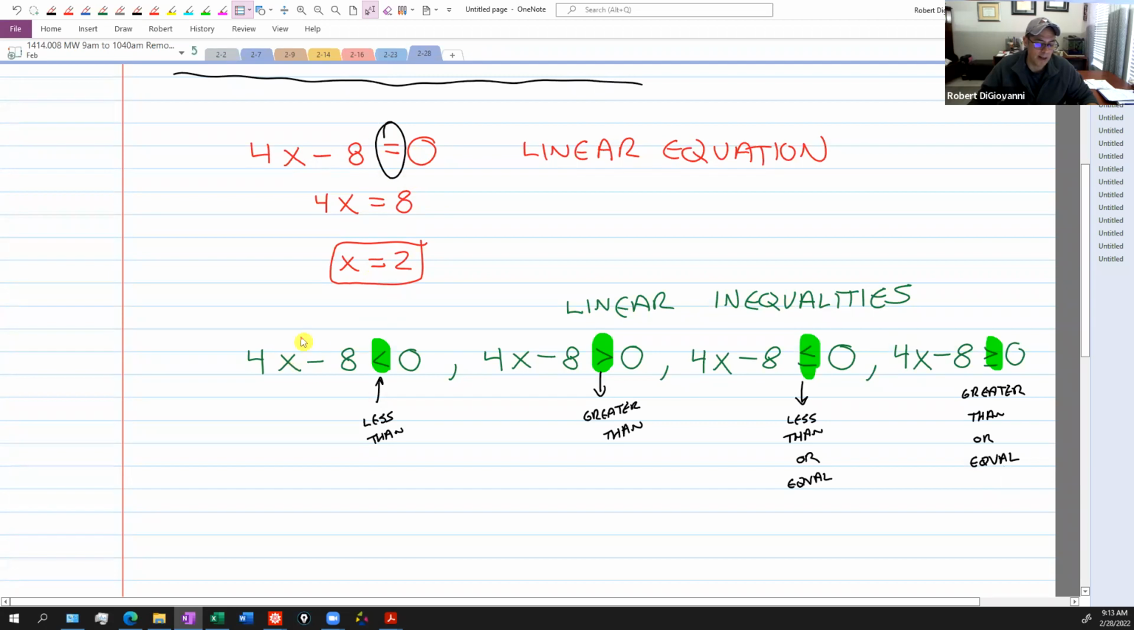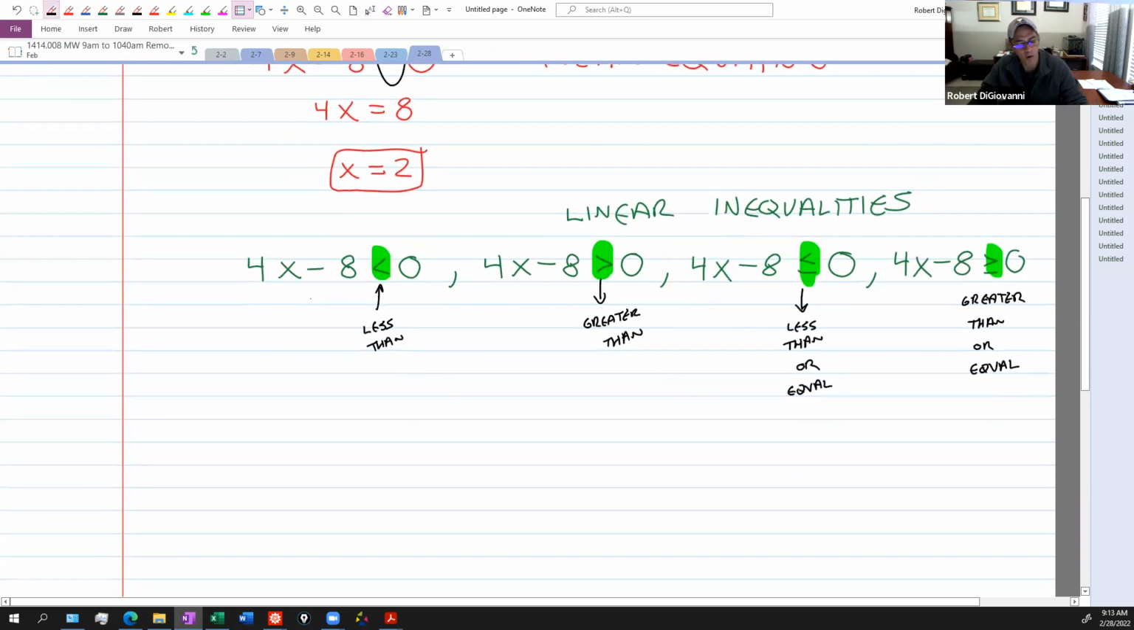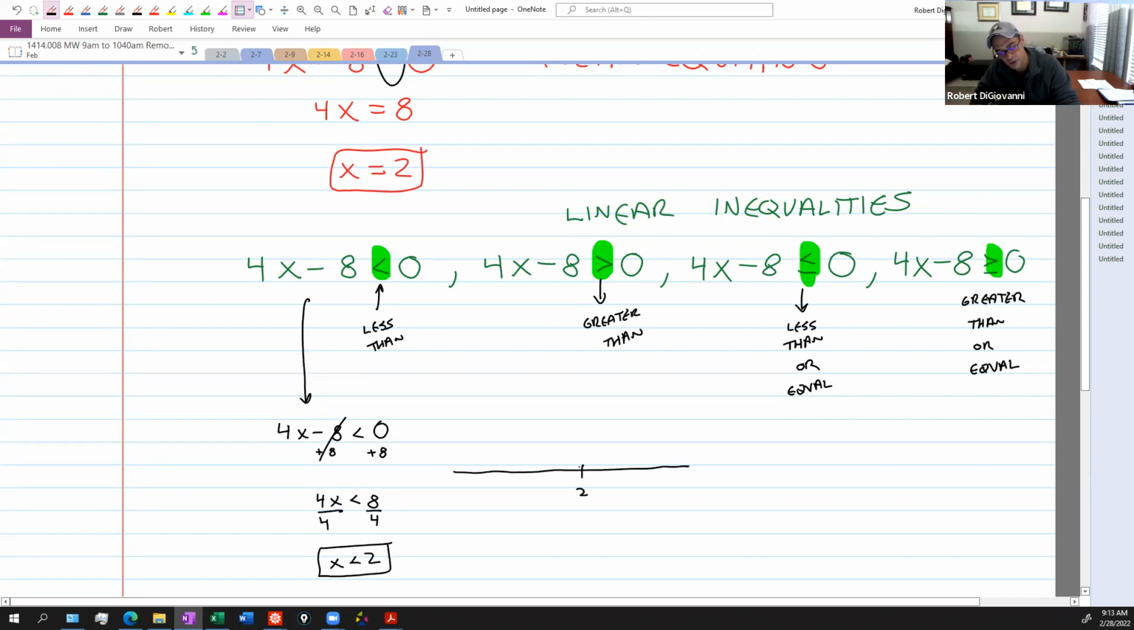But if we want to know what x's you plug into this to make it smaller than 0, then it's a little different. What we do with linear equations is just solve it like a linear equation. We just move things around. So we just add 8, get 4x less than 8, divide both sides by 4, and then you get x is less than 2. So that just means that if you pick any number to the left of 2,